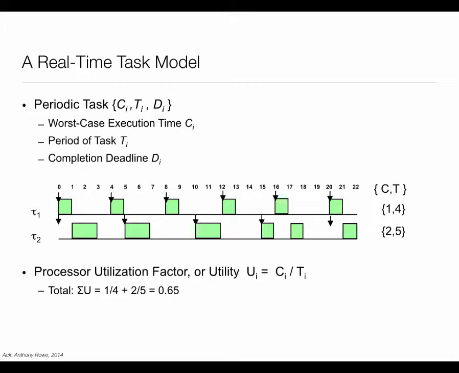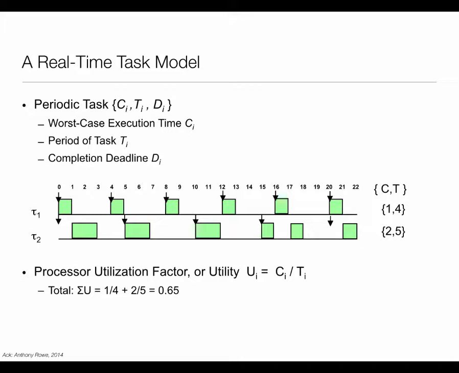Model of the task? The most common model which is used is that of a periodic task. There are also asynchronously arriving tasks, which are kind of patched onto it. But the most common model you'll see in real-time literature is a task which is periodic. What that means is that the different jobs in that task are going to arrive in a periodic way. That period is T sub i, where i indicates the ith task. Every T sub i, a new request of that task will arrive.